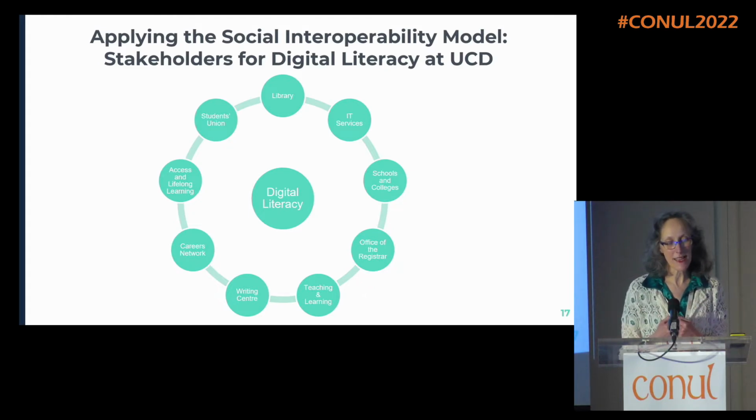But one of the important things that the OCLC Liber workshops stressed was that it wasn't enough to identify who you need buy-in from and who your audience are. You need to do in-depth planning. You need to go through each of these units, understand how your initiative may impact what they're trying to do, try to see what they need that your initiative may be able to provide for them, and do a proper scoping of how do I go about getting buy-in from this particular unit about this initiative.